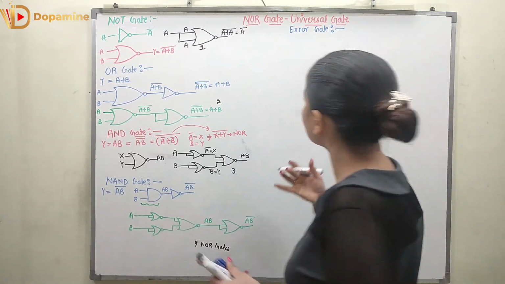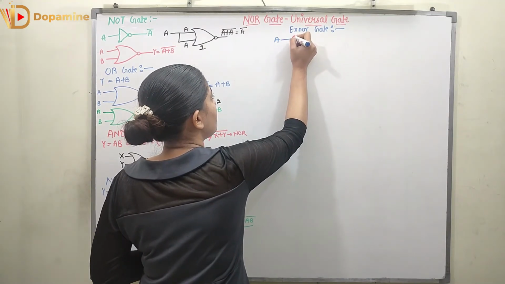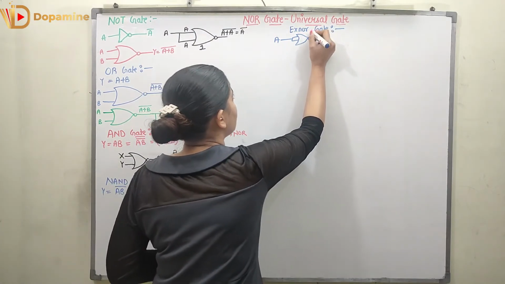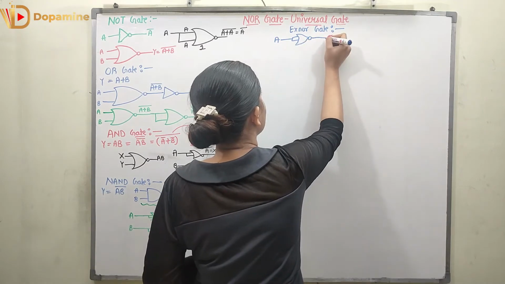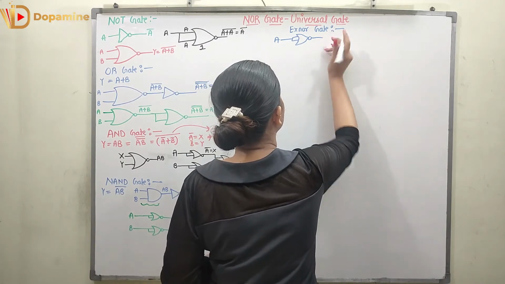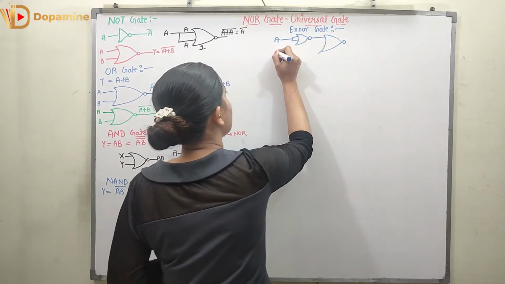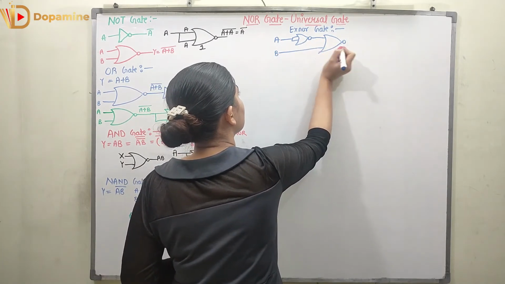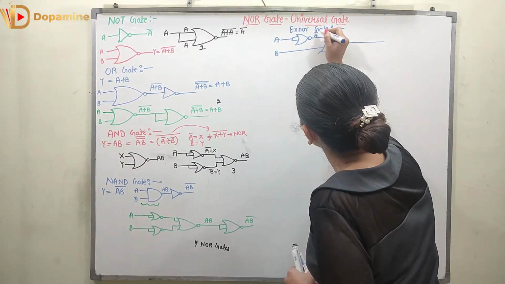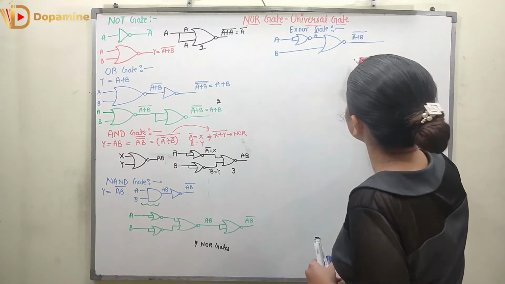So first of all I am going to show you how XNOR gate can be made. So here we have A is sent to the inverter. So for the inverter I will be using the NOR gate, right? So over this NOR gate is sent to one more NOR gate, right? So I will be making it again, right? Now here I will be taking B. B is directly going to this NOR gate. So what I am going to get over here, this is A bar, right? This is B. So I am going to get A bar plus B whole bar, right?